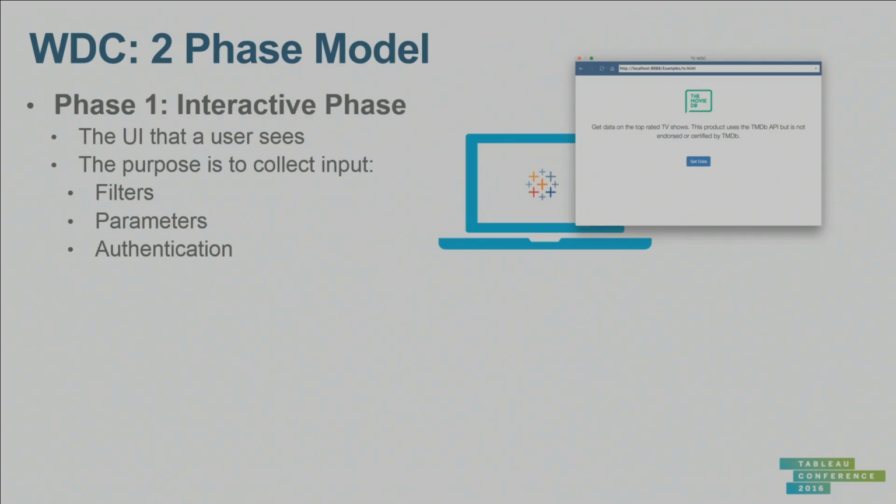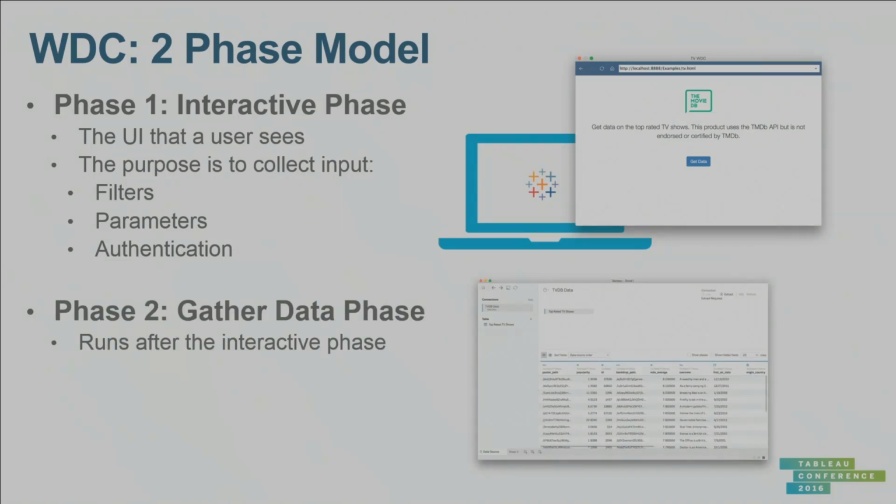But your web data connector can actually be very flexible. You have complete control over that UI, so you can use it to gather information from your users. For example, maybe we wanted to have a date range filter on our TV data, so we only wanted to see data from the last 10 years or something like that. Another really common thing to get here is authentication. A lot of the more valuable web data sources you might want to connect to will have some form of authentication. This one we're dealing with today has no authentication, just to keep it simple. But you'll often run up against that in your use cases.